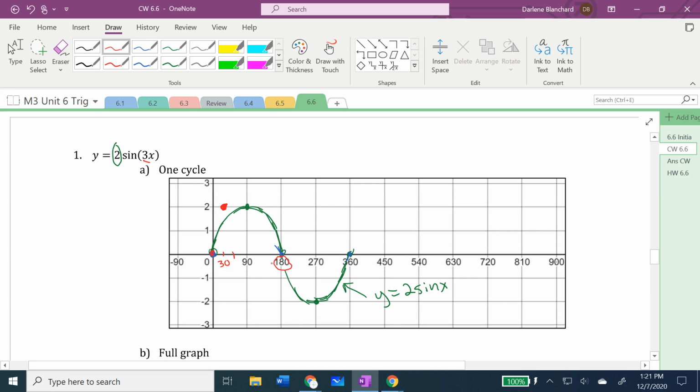If I take 0 and divide it by 3, it will still be 0. Now, x equals 180. What is 180 divided by 3? 60. And 60 is only right here. So where it comes back to the x-axis, that happens very, very quickly. What I can do right now is draw for you what happened to the top half. The top half went